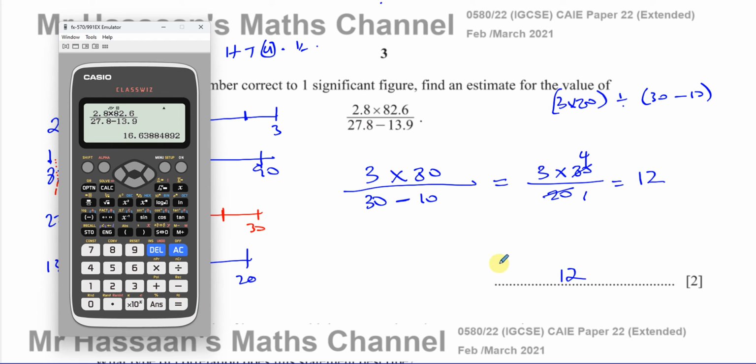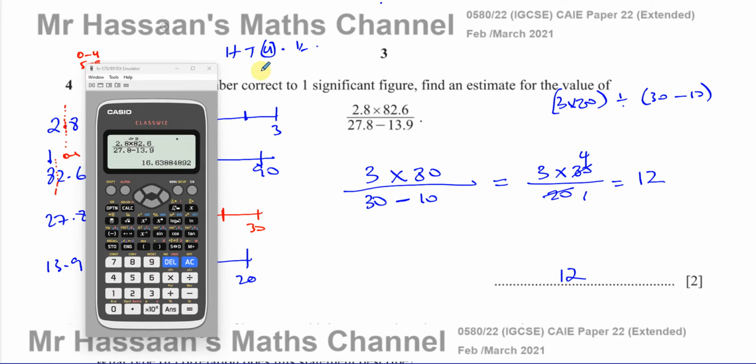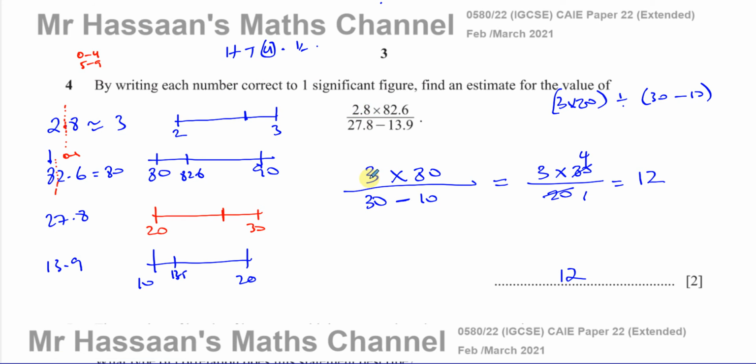16 point something. Now, of course, we're not going to get 16 point something. We're going to get something which is kind of close to it. But of course, it's not going to be the same, because we've made 2.8 bigger. We've made this number slightly smaller. This has become bigger. This has become smaller. But the denominator has become 20, and this denominator is less than 20, right? So the answer for this actually is going to be bigger than this number, as we saw, but